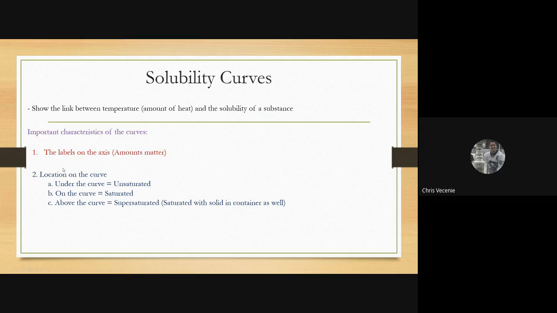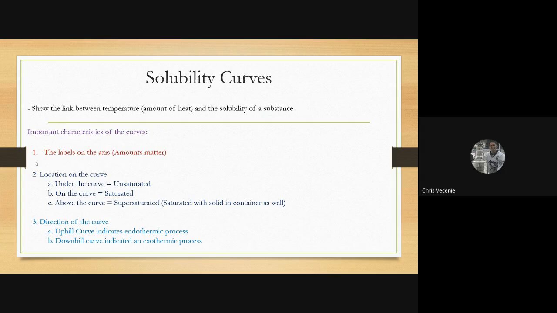Third thing is, what is the direction of the curve? Is it an uphill curve? Is it a downhill curve? That tells us if it's endo or exo. For your curves that go uphill, they are endothermic. For your curves that go downhill, they indicate exothermic dissolving. So let's go through each of those and I can show you what questions look like related to each